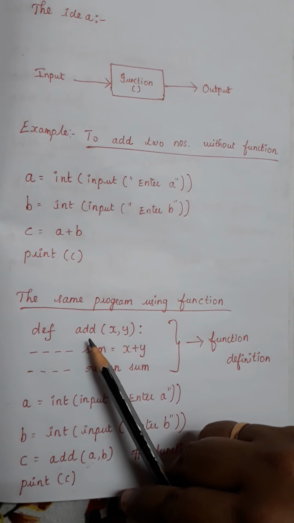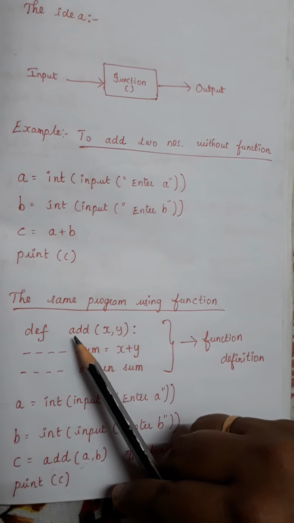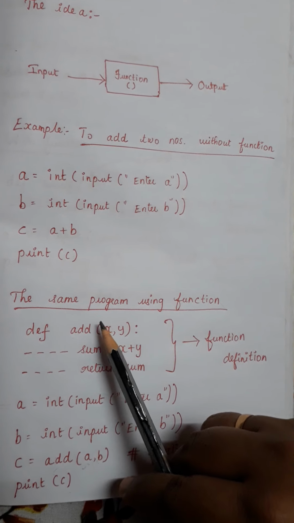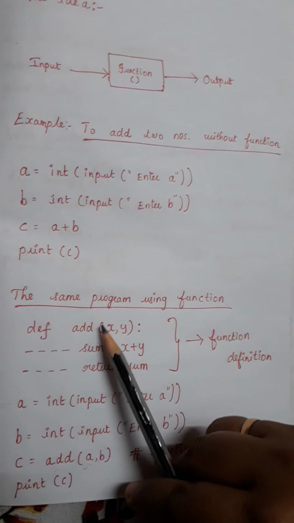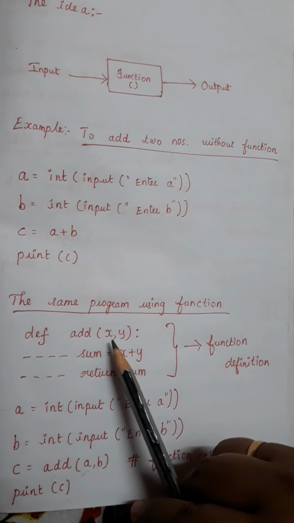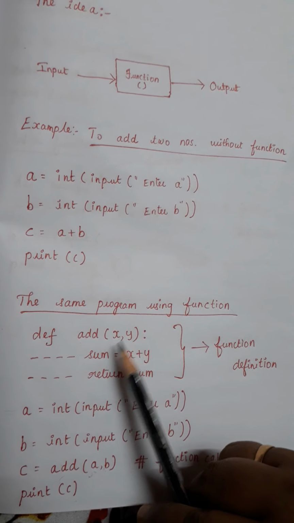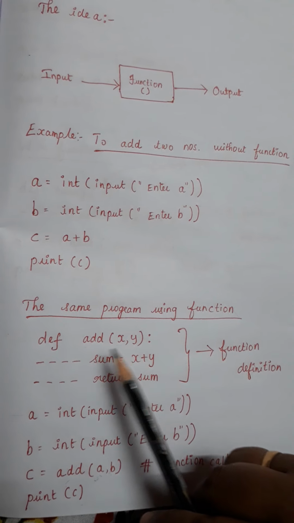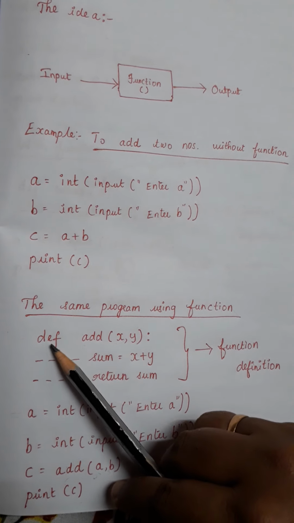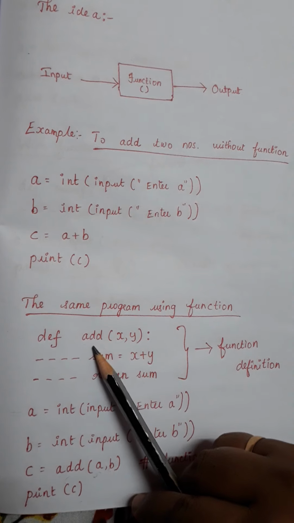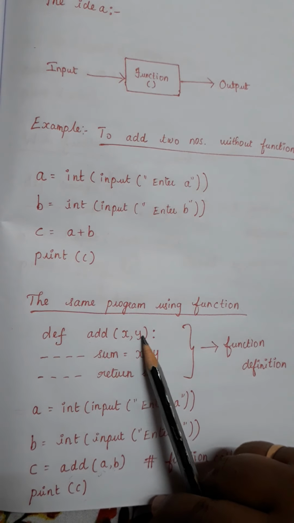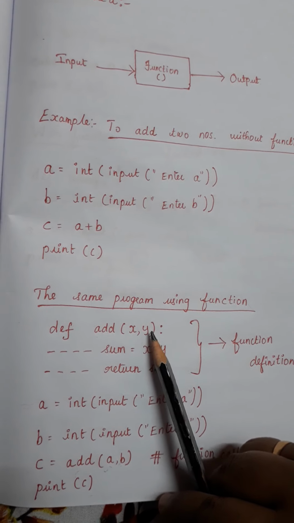The same rules are applicable for a function also, and also it should not be a keyword. That is, the function name should not be a keyword. And within the brackets, since it is a function, I definitely have to give brackets. I have to mention the variable names, and also how many variables the function is going to have. So when I look at this first line, what I can understand is I am going to define a function. The name of the function is add, and that function is going to use two variables as inputs. One is x, the other one is y.